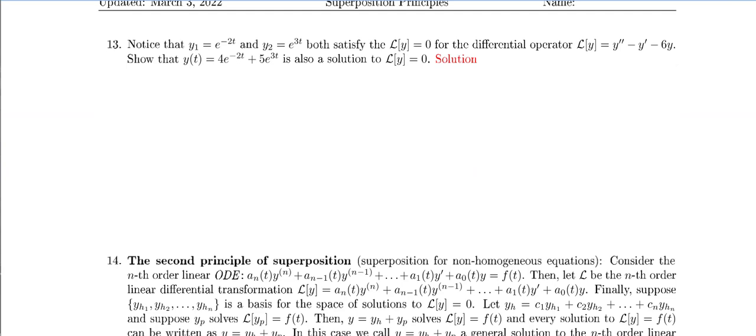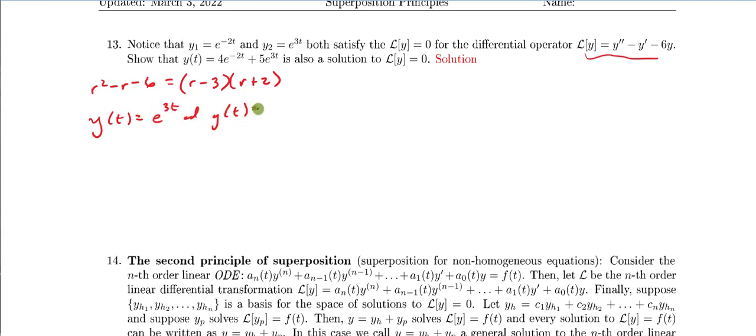So the first thing I'm going to do is just practice this. And I've done this a couple of times for you, so I'm not going to work through this again. But what I want to point out to you is we've already learned this idea of finding the characteristic equation. And the characteristic equation for this homogeneous differential equation is r squared minus r minus 6. And if we were to factor it, it factors as r minus 3 times r plus 2. So we get these two solutions: y1(t) is equal to e to the 3t, and y2(t) is equal to e to the minus 2t. And I want you to verify that these both solve the linear differential operator that I've set here,